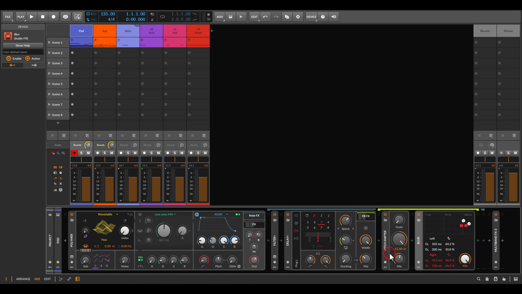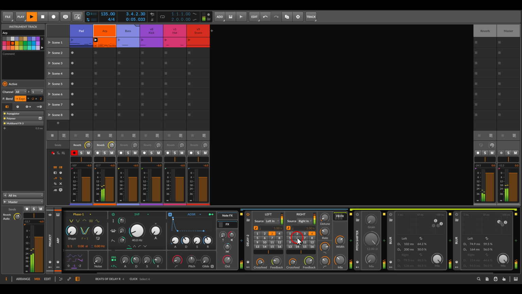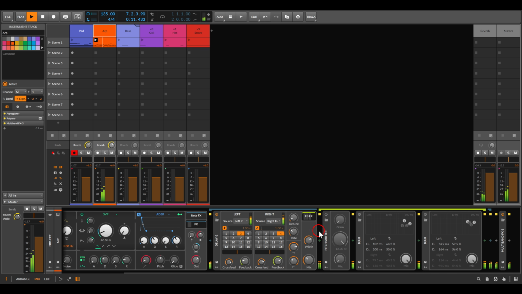I have also an ARP here, right, with another polymer. And in this case, I'm using the delay 2 device, not the delay plus, but also here you can see we have the feedback effects. So here again I can add a pitch shifter, right? You can see I'm modulating also the mix just to add more movement,